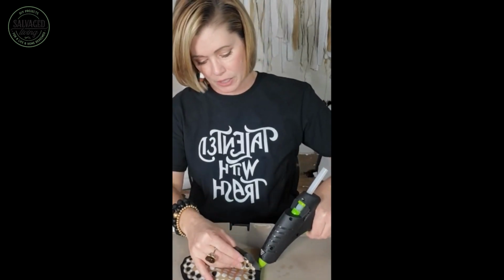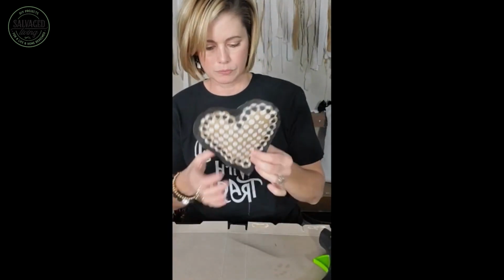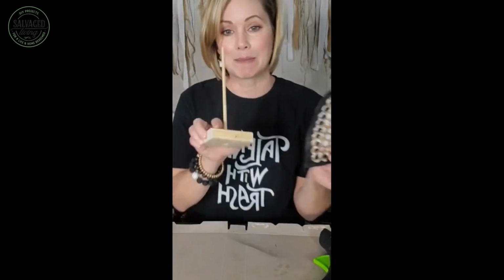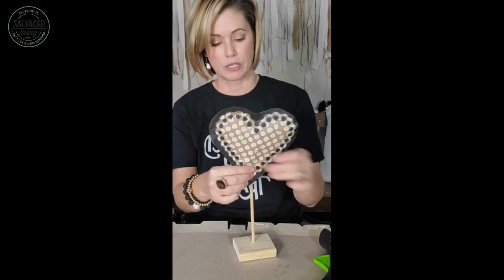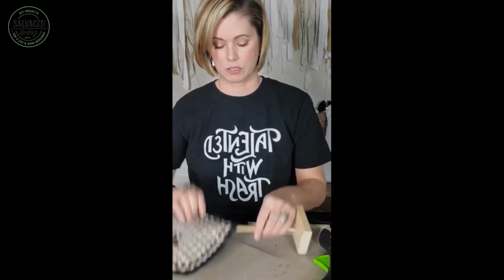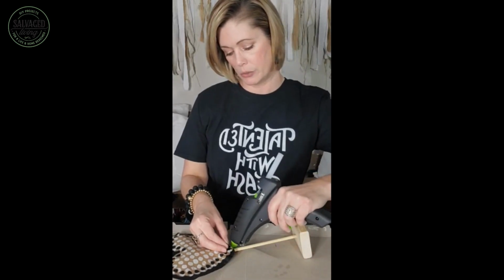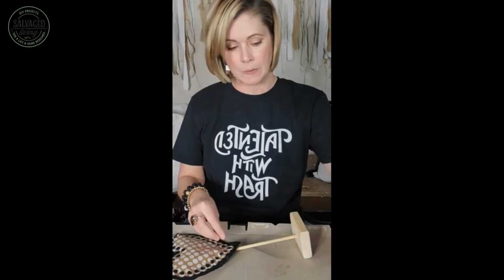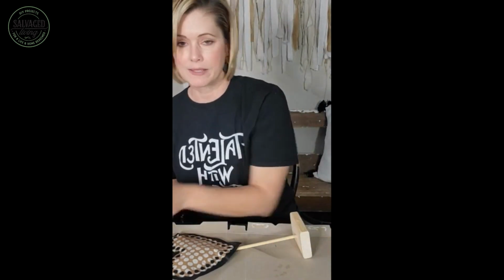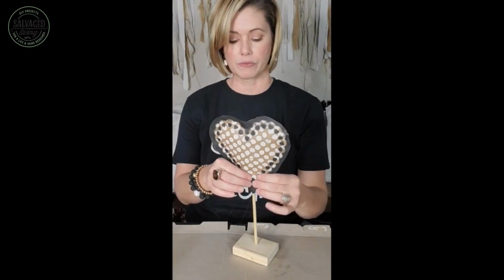So I'm going to close out the bottom a little bit, leave one tiny, tiny hole, and then I'm going to take my little stand and just stick it in there. And then look, you can just glue this shut and glue it on the stick. But the cool thing about this, what my plan is, and why I went ahead and made a bunch of these sticks this year, and I made some with spindles, was because when this is over,